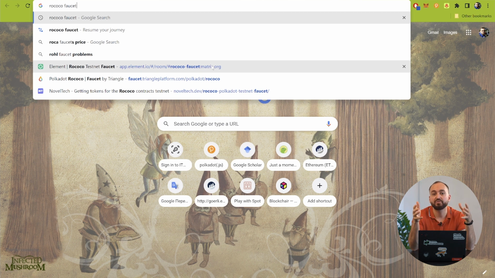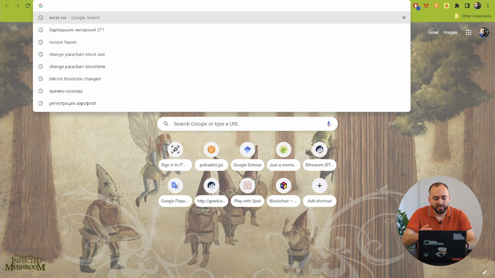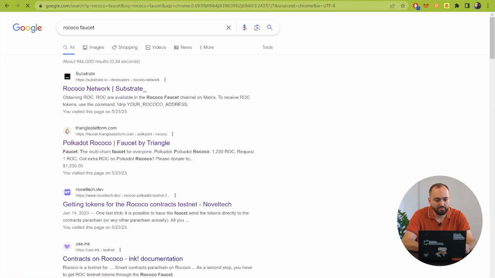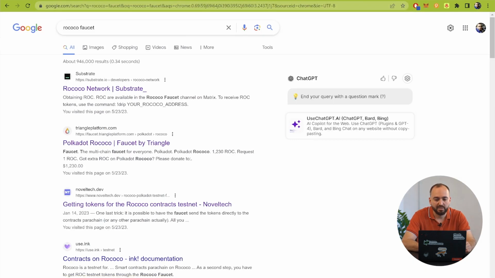You need to have the tokens, and the first step to start our work in the testnet, we need to get the test tokens. One of the simple ways is just type Rococo faucet in Google or